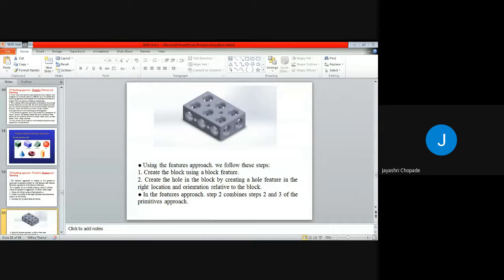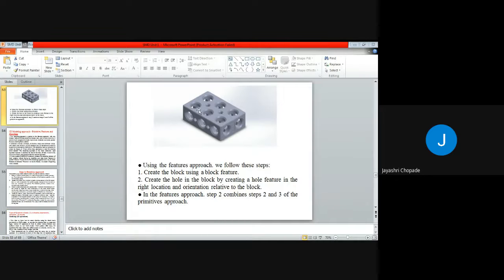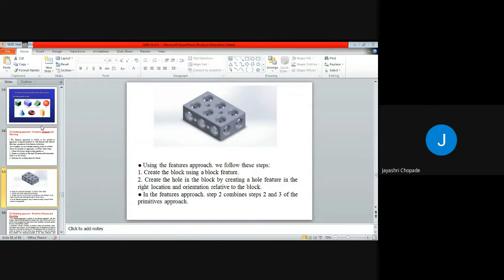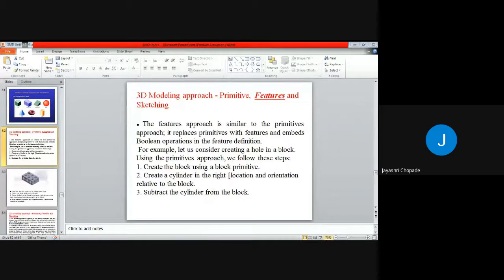So it means if I want to reduce or remove material, I have to do some additional work here. First of all I want to create a block using the block primitive, then create a cylinder in the right location and orientation related to the block, because whatever material I want to reduce, I have to create a cylinder.